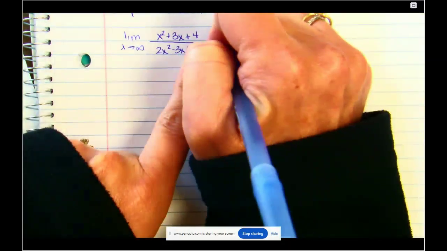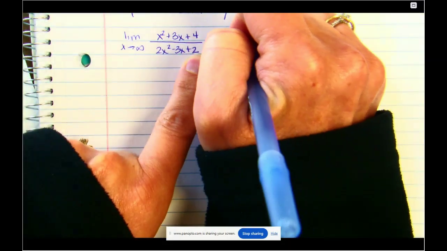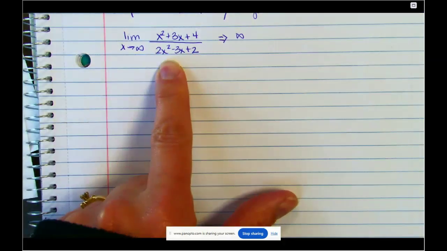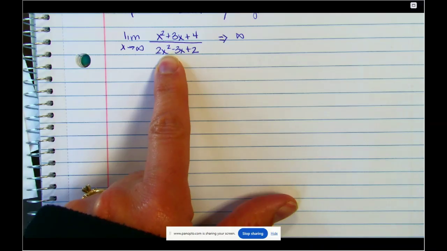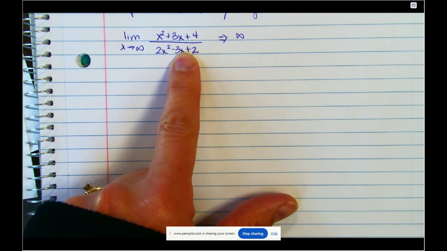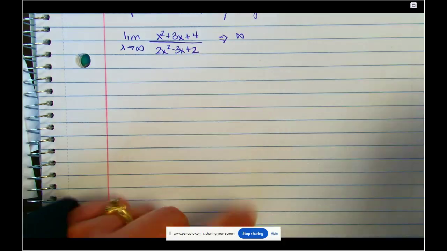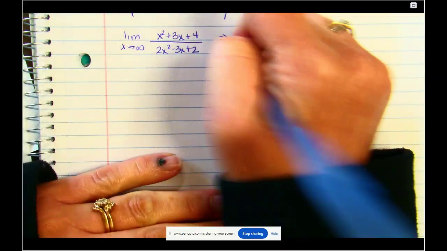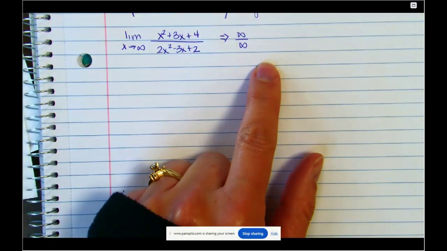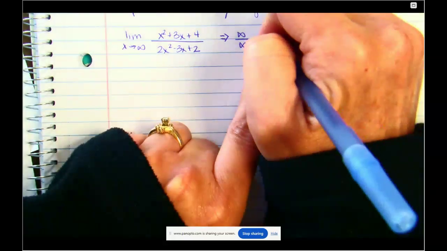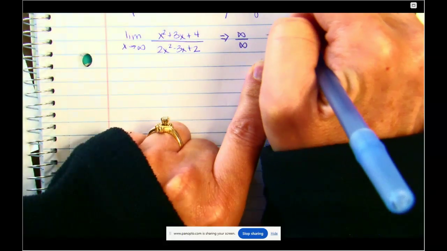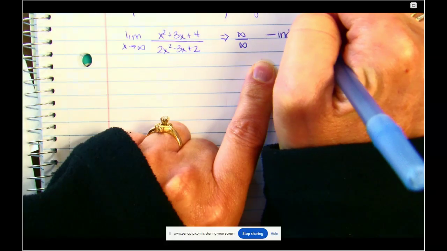Okay? So it's infinity divided by infinity. The bottom one is also going to be infinity, because we are squaring, then we're subtracting infinity, and then we're adding 2. It's still infinite. Now, this is not 1. It's infinity. Nope, it's actually indeterminate, because you don't know what numbers are plugged in.